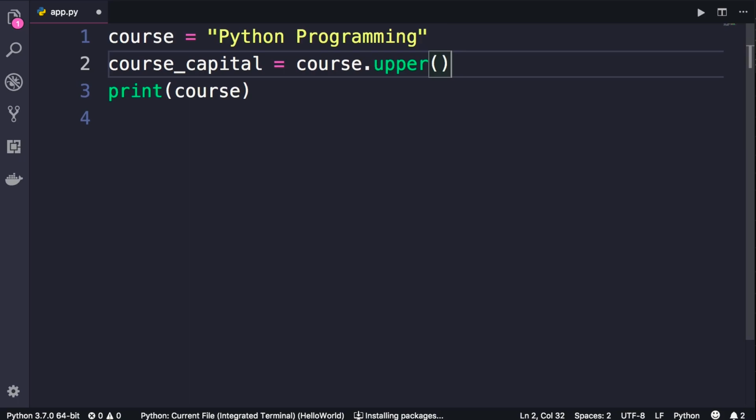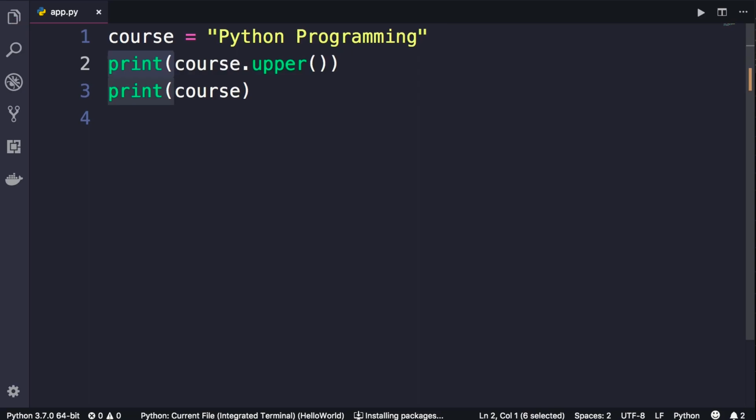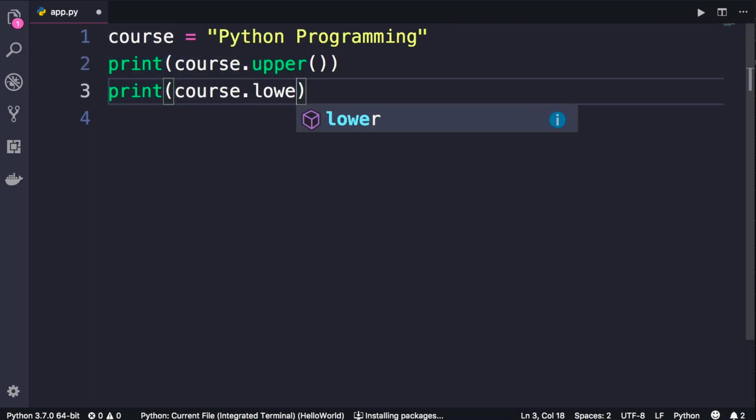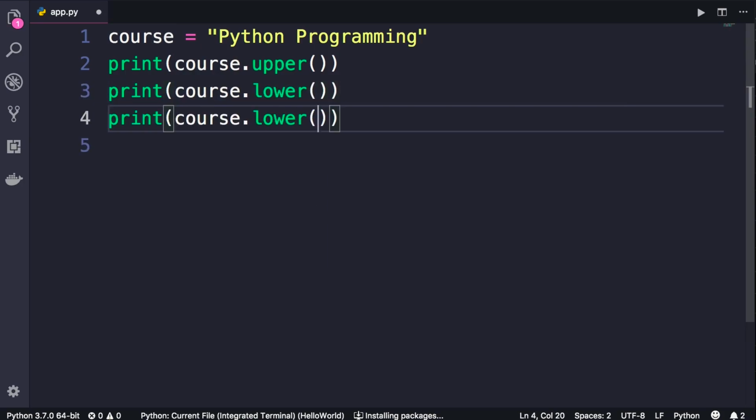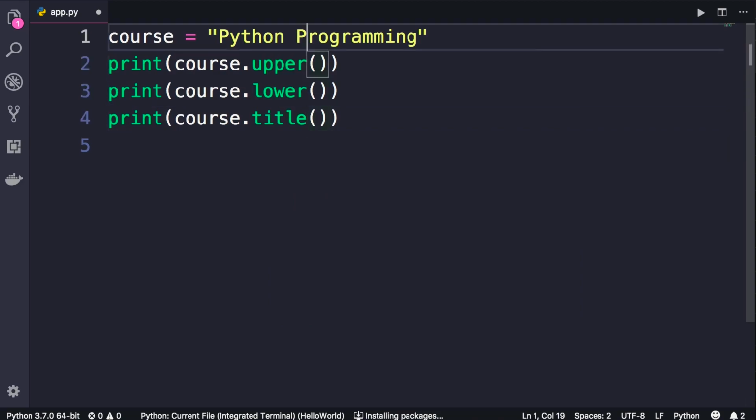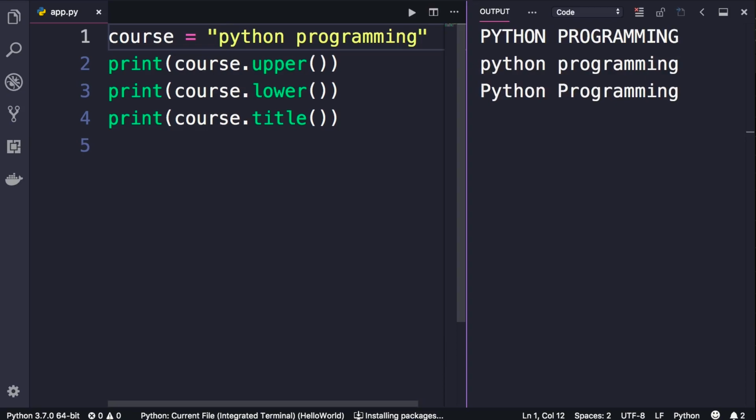Now, to keep this demo simple and consistent, I'm going to revert this back and use a print statement. We also have the lower method to convert a string to lowercase. We also have title, which will capitalize the first letter of every word. So if our string was like this, when we call the title method, we get Python programming as you see